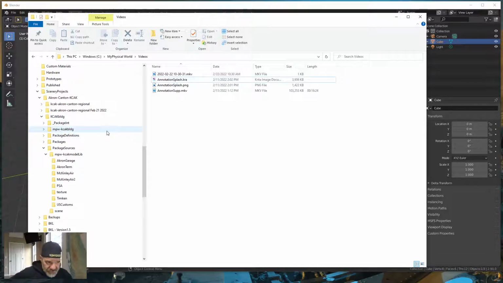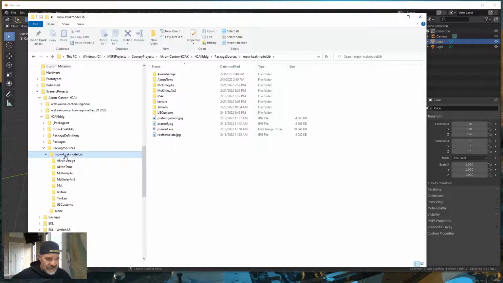Since I'm working on a building, I'm in the building package, and I'm in the package sources, and I'm in my model lib, which I have uniquely named for this project, which is very important when you're working on this stuff. Don't have the default name model lib, because that will interfere with other people's sceneries,